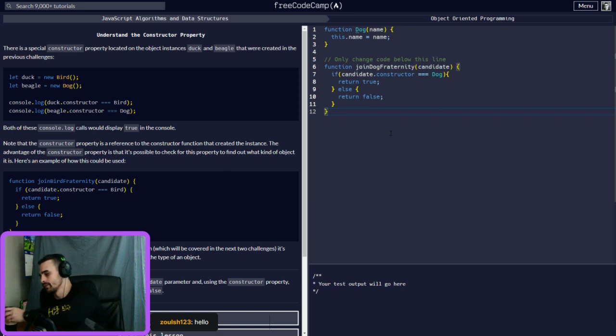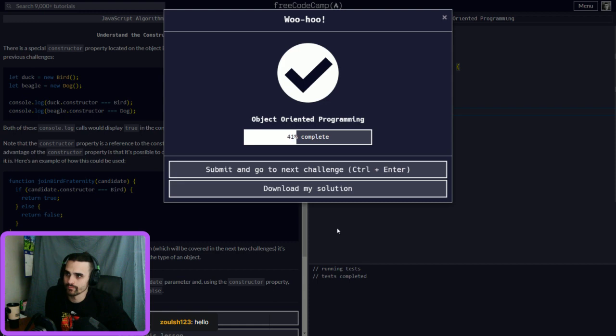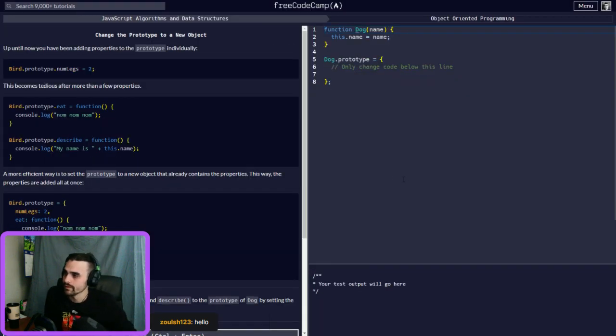It's coming straight from there. So it's good validation, but it's better to use instanceof, because apparently the constructor property can be changed.